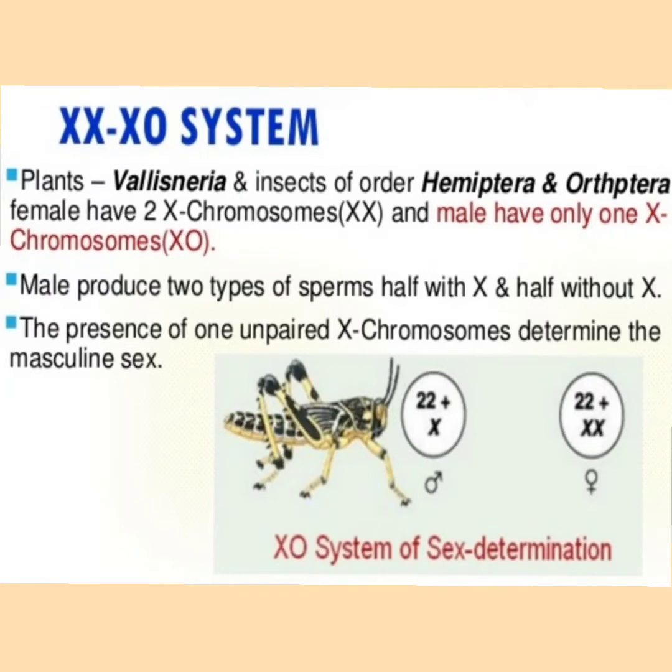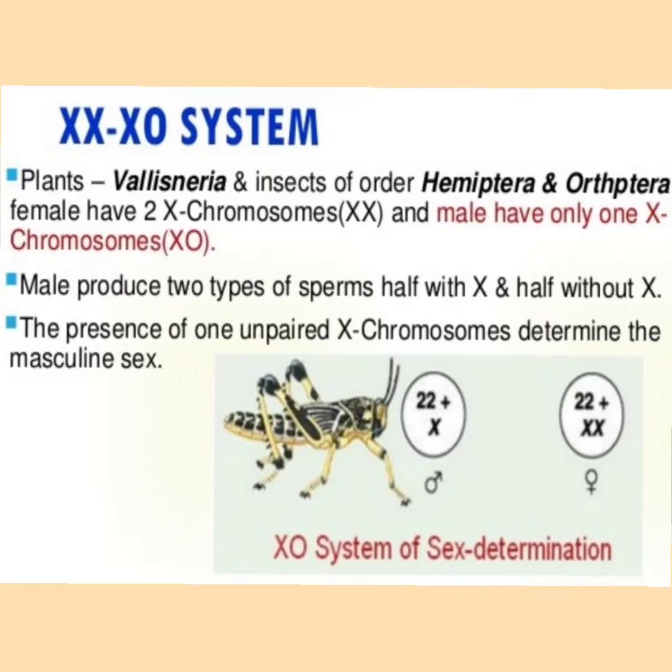The XX-XO system is seen in plants like Vallisneria, insects of the order of Hemiptera and Orthoptera. Females have two X chromosomes and the males have only one X chromosome. Male produces two types of sperms, one with X chromosome, the other without the X chromosome. The presence of one unpaired X chromosome determines the male sex. So the males will have 22 autosomes plus one X chromosome, whereas the females will have 22 autosomes and two